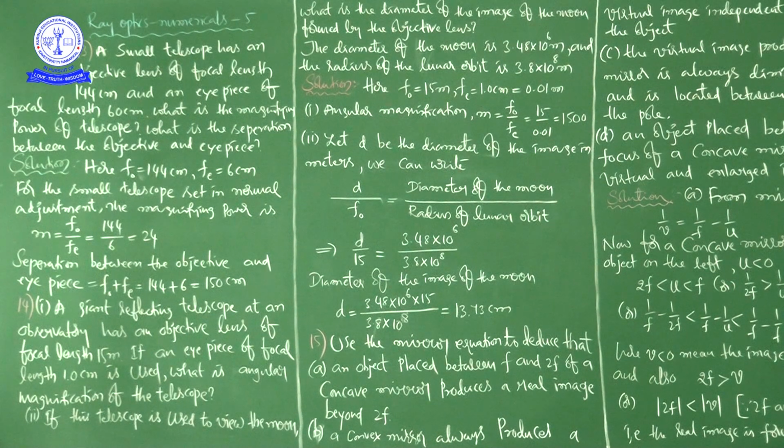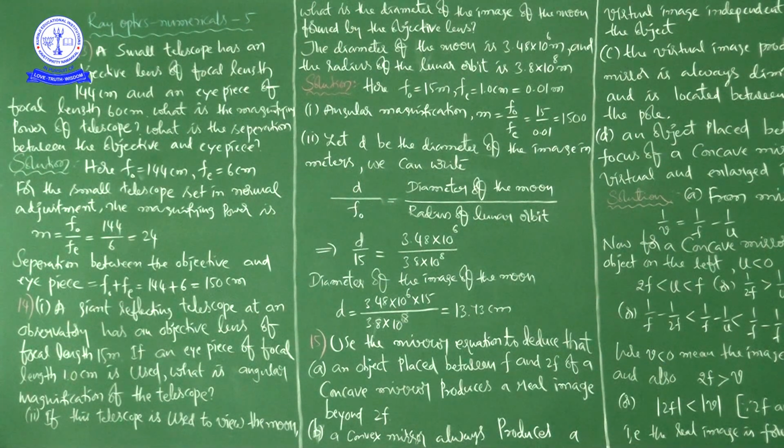Next thing. See here. Let D be the diameter of the image in meters. I request you to please understand: here we are comparing the object with the image. The object is the moon, and the image is the image of the moon. So according to geometry, if you compare them, in this situation we can write: